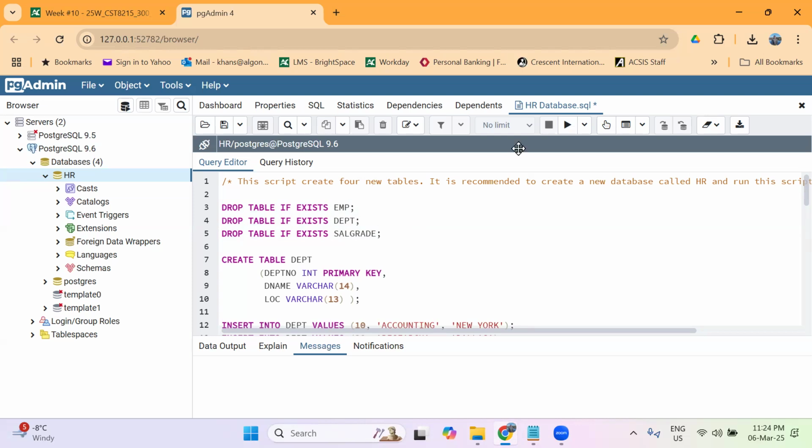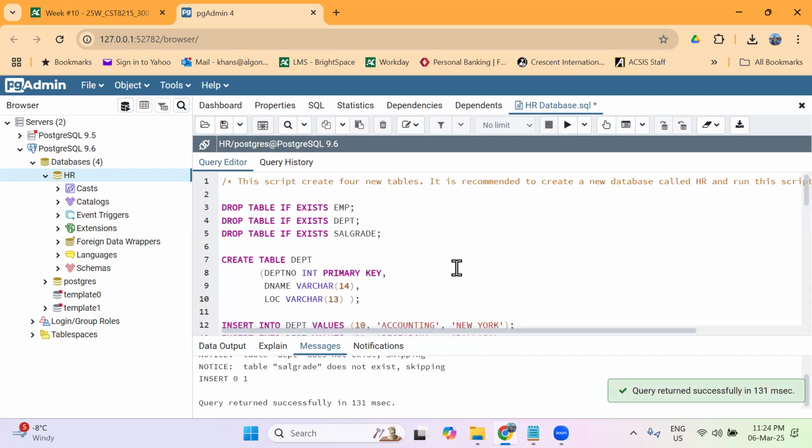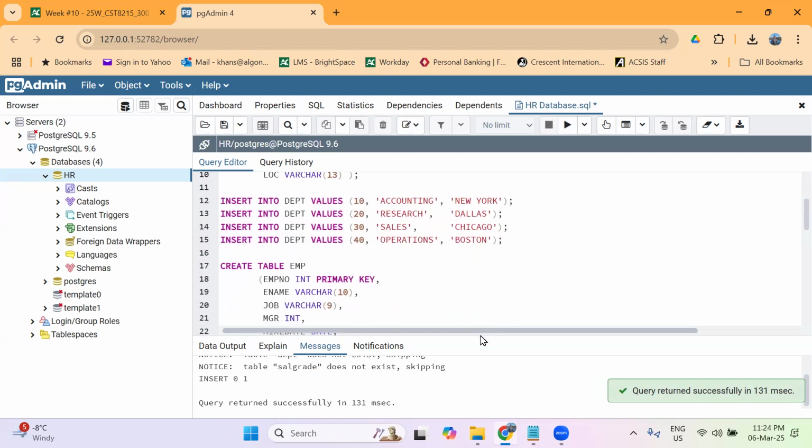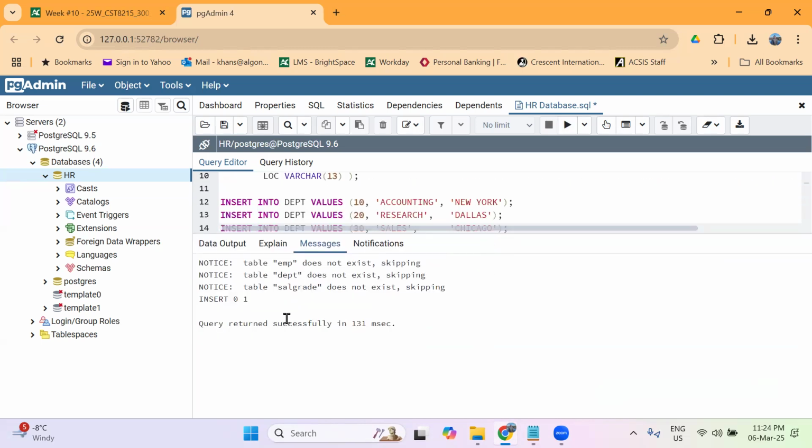So I'm gonna run this script and have a look. I don't expect any errors. Let me check at the bottom. So there you go. Everything went successfully. Now just to show you guys very quickly,